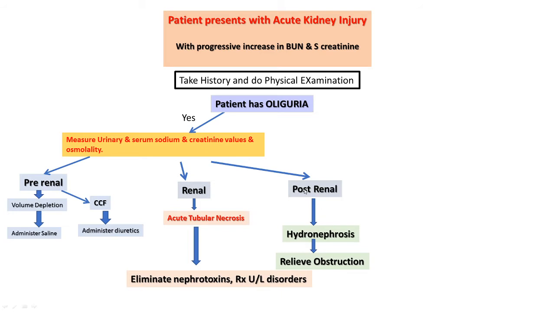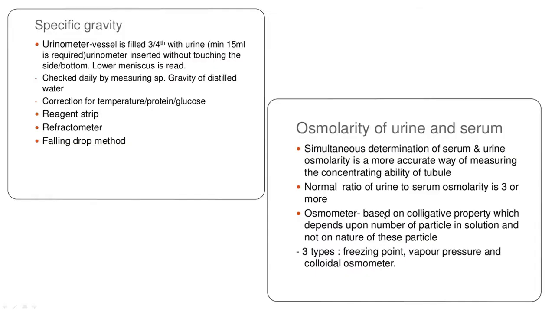In cases of post-renal, as already informed, the major etiology is usually secondary to obstruction seen in the urethra, in the form of stone or tumor. Then there could be underlying hydronephrosis which can be observed by ultrasonography, and the treatment there is to relieve the obstruction. Since the treatment varies in the various etiologies of acute renal failure, diagnosing the etiology of ARF is very important from the therapeutic point of view.